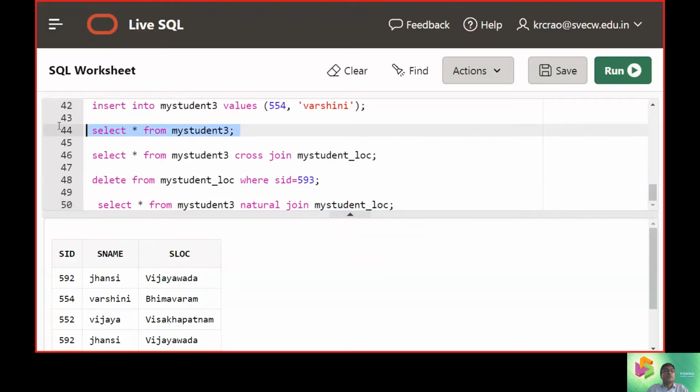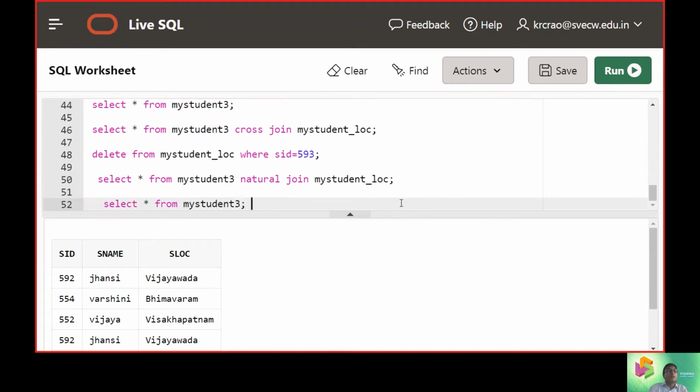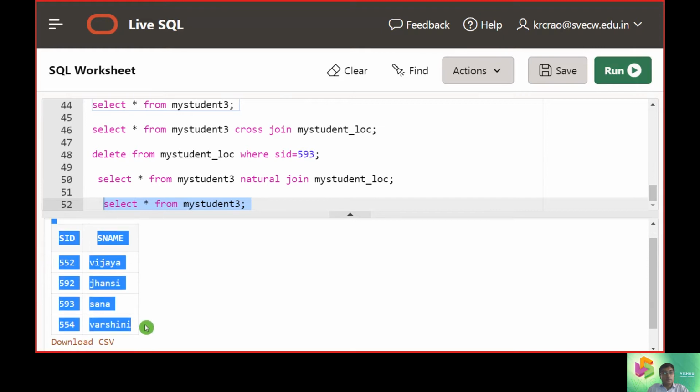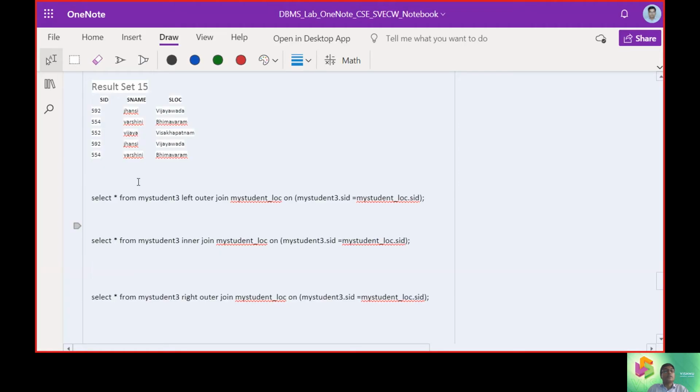So we will first take up the table, re-execute it, and for clear understanding we will key in the terms here. My student 3, I am having 4 records.